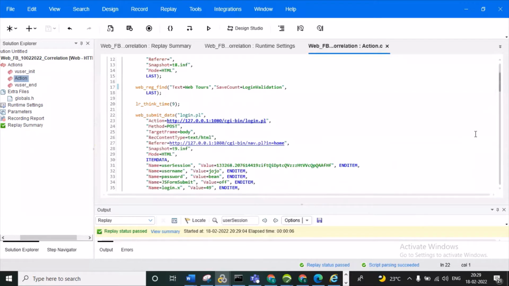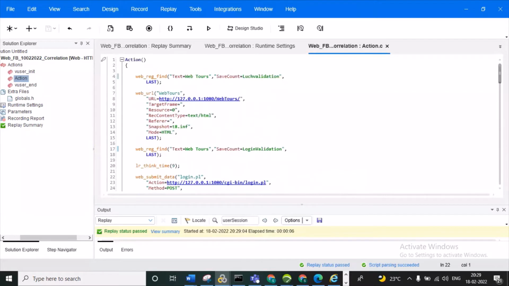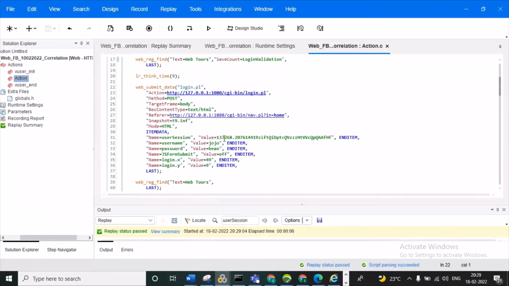Now, why you are not getting the particular response: you can observe here in the login page, the session value will be there. This session value is a dynamic value; it keeps on changing. So it goes to the server and is rejected by the server because it is not a valid response. That is why we need to do the correlation.